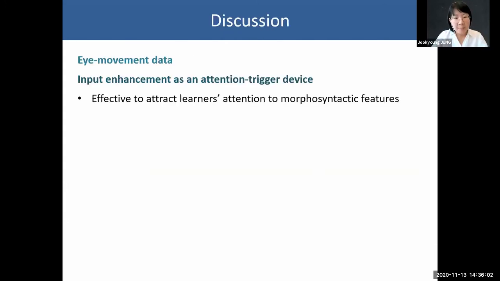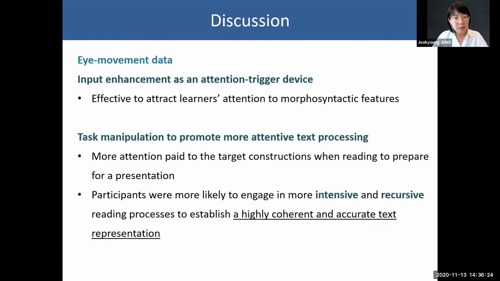So when it comes to the eye movement data, again, input enhancement is an effective attention trigger. So it is effective to attract learners' attention to morphosyntactic features, so target lexical features. But does it necessarily lead to actual learning? That's the question. And task manipulation also promoted attention to the target constructions. And again, as I mentioned